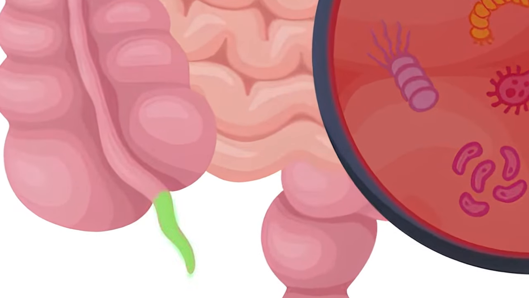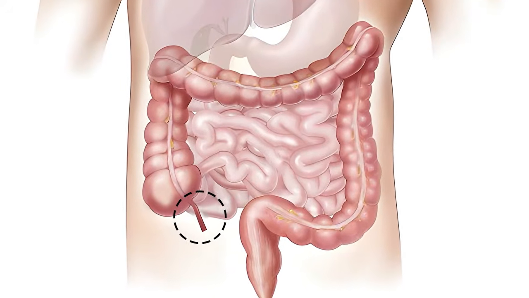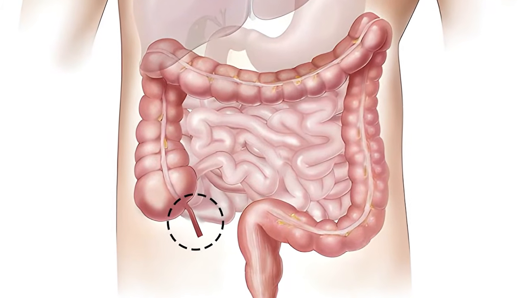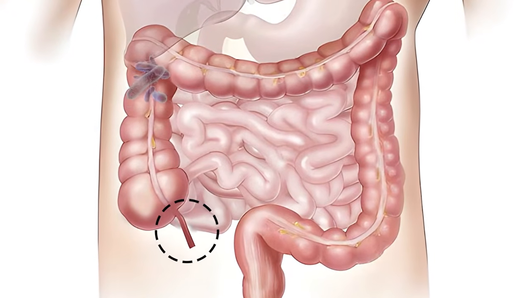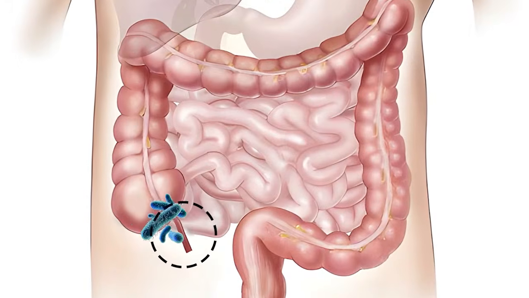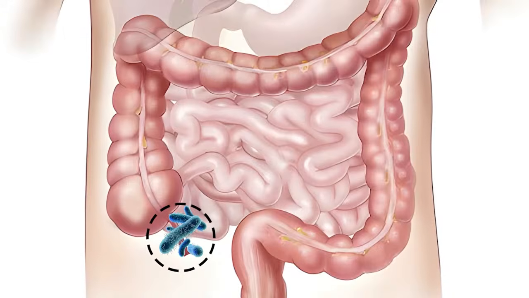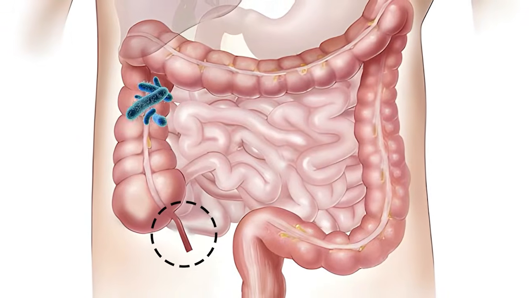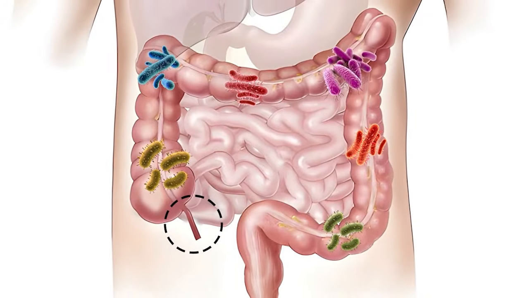That's when the appendix steps in. Because the appendix is a narrow, closed-end tube attached to the side of the cecum, it's protected from the main flow of waste. It acts like a safe storage area where some of these helpful bacteria can hide during an infection. Once the infection is over and your gut is empty, the bacteria from the appendix can come out and repopulate the rest of the colon, helping your digestive system return to normal